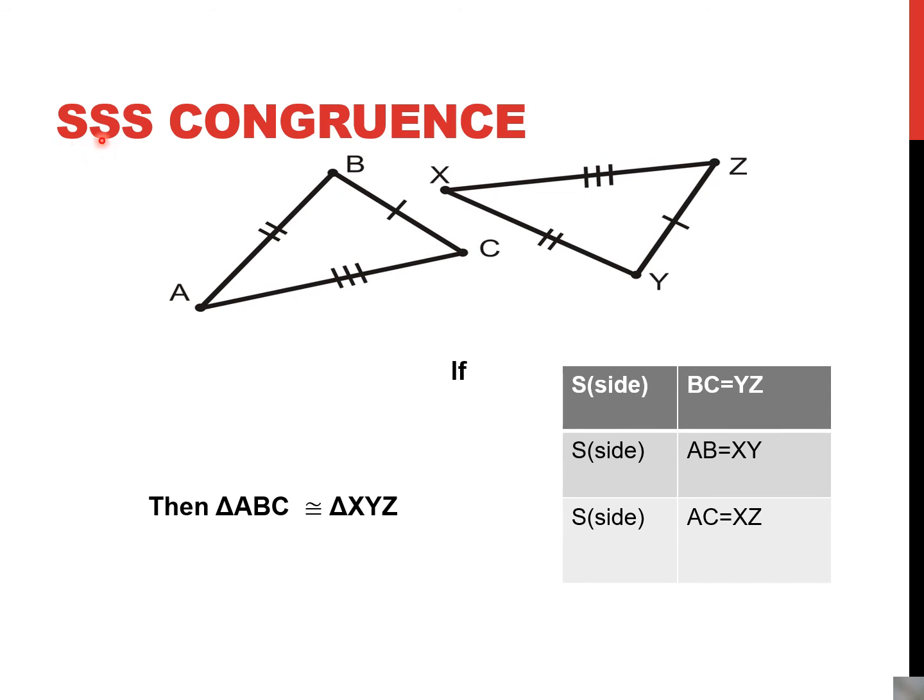Now the next congruency which we are taking is SSS, side, side, side. This is the easiest one you can say. BC is equal to YZ, AB is equal to XY, and AC is equal to XZ. So when you check it in this rule, triangle ABC is congruent to triangle XYZ. You check here also that when you are writing AB, you are writing XY here. When you are checking BC, BC is equal to which side? BC is equal to YZ. And when you are checking AC or CA, it is equal to XZ. So you have to be careful when you are writing this as congruency.